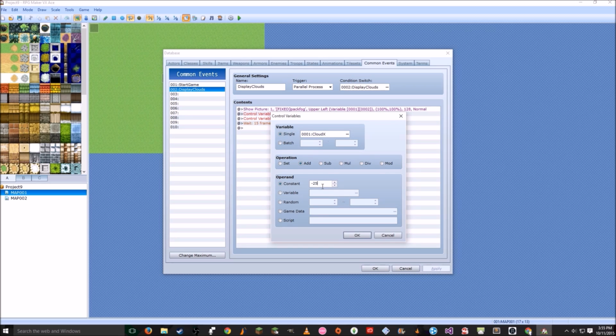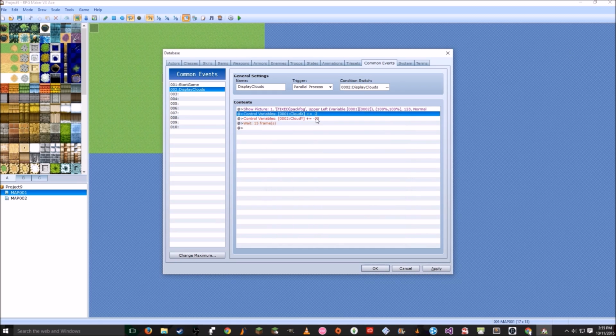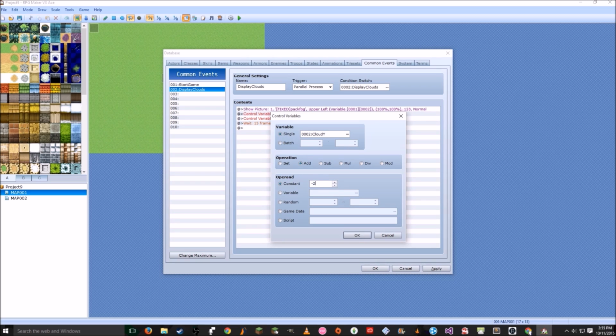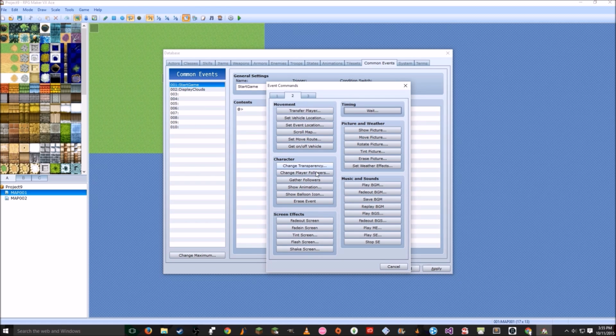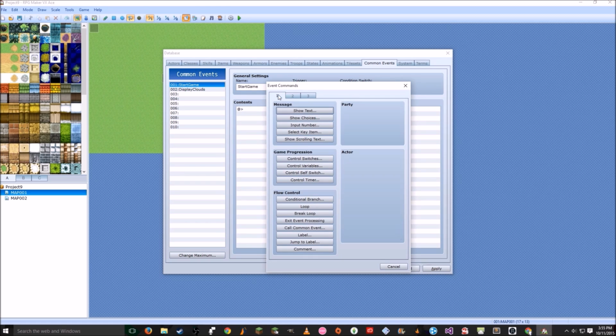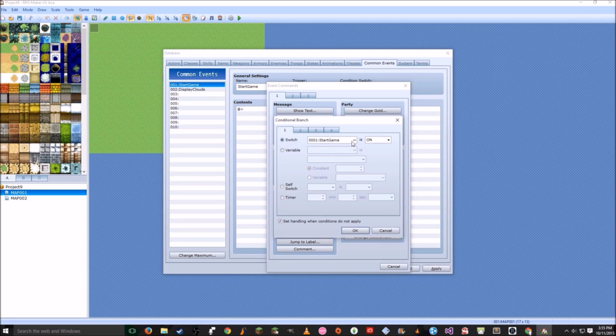So what you're gonna have to do, or what I already anticipated, was to copy the cloud image more than once, so like 3 times, just like we did before. And what we're going to do is, in the game start, we're going to put a condition here. Where is it? Oh, it's page 1, control branch. So when variable, you can pick whichever one of these, cloud X's, cloud Y's, you want. Just make sure you know which one you picked. When variable cloud X is going to be less than or equal to